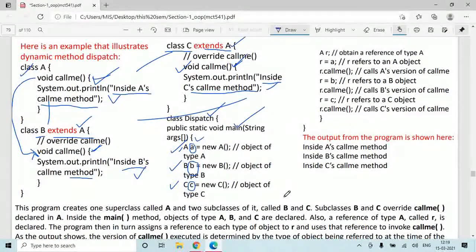Now we know how this object gets created.